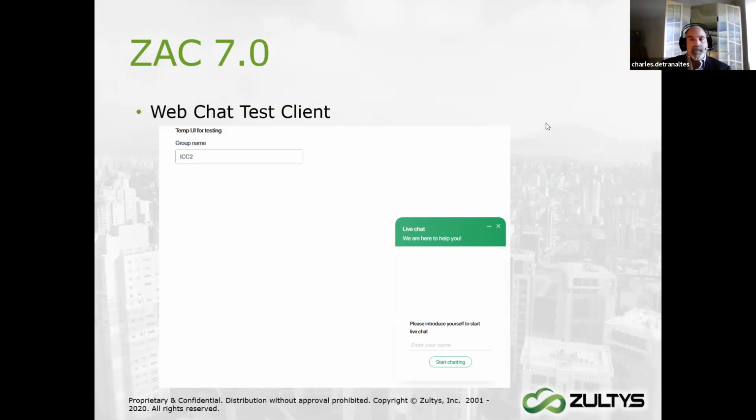Simply by typing in your DNS or IP address of the MX with a /webchat, you will present this little web chat page. It's a little test client that comes up on your browser. You type in the group name that's programmed in your MX, and you can actually start a chat session without having to integrate any code onto a website.